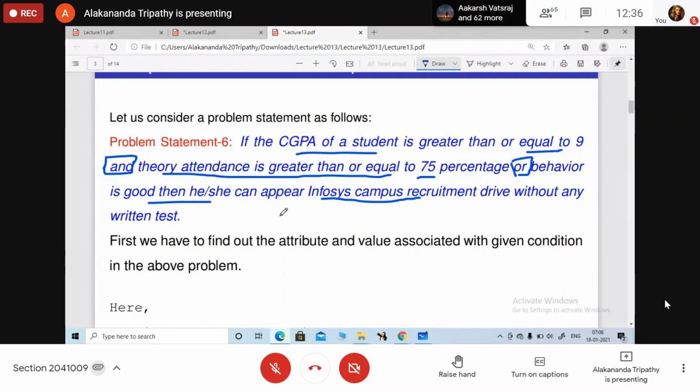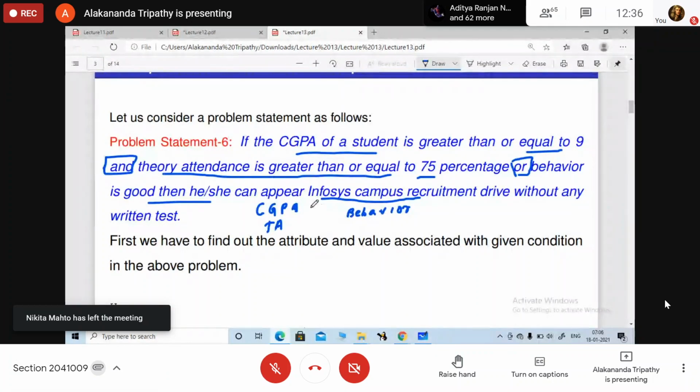So what are the properties here, or what are the attributes here? CGPA, theory attendance, and behavior. So I am writing in short, otherwise I will write it in full. So what are the values associated with it?